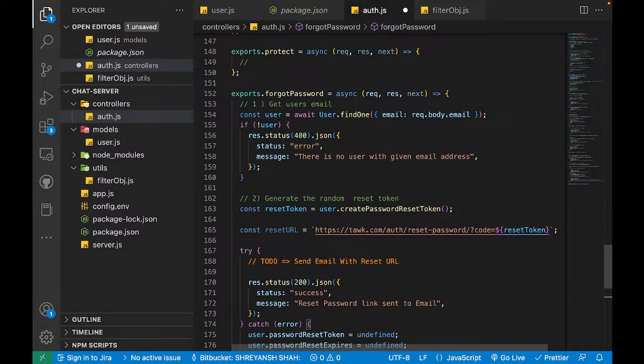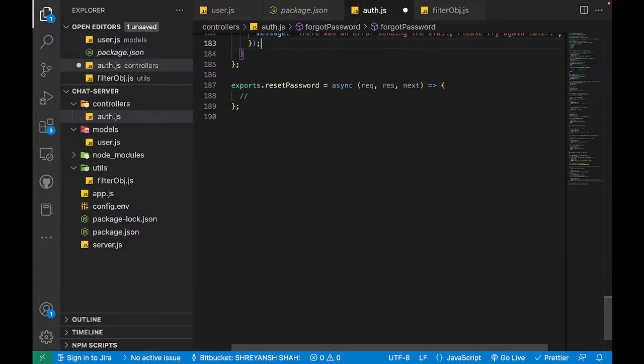Like if the user requested that they want to reset their password, then we are now able to send them a link, okay. After this, when the user submits their new password along with the confirm password, then we need to actually update the user's password. So that will be handled inside this reset password controller. And again, let's do it step by step. So the first step is going to be get the user